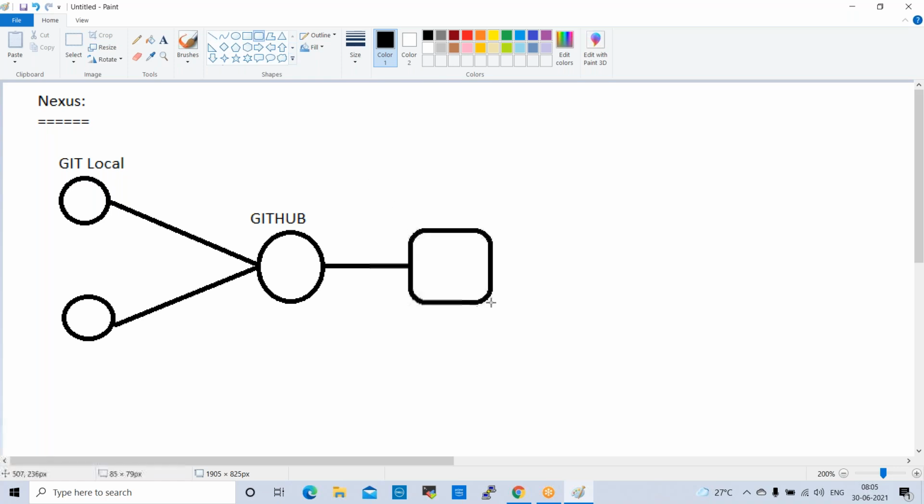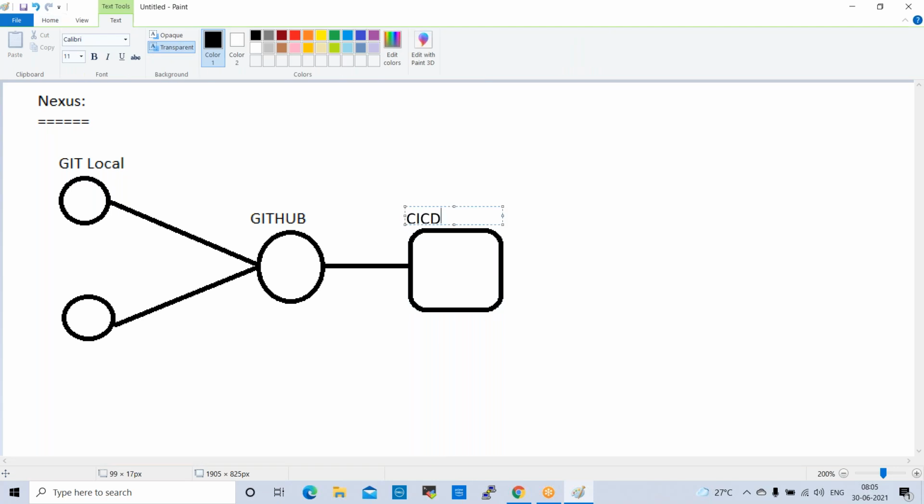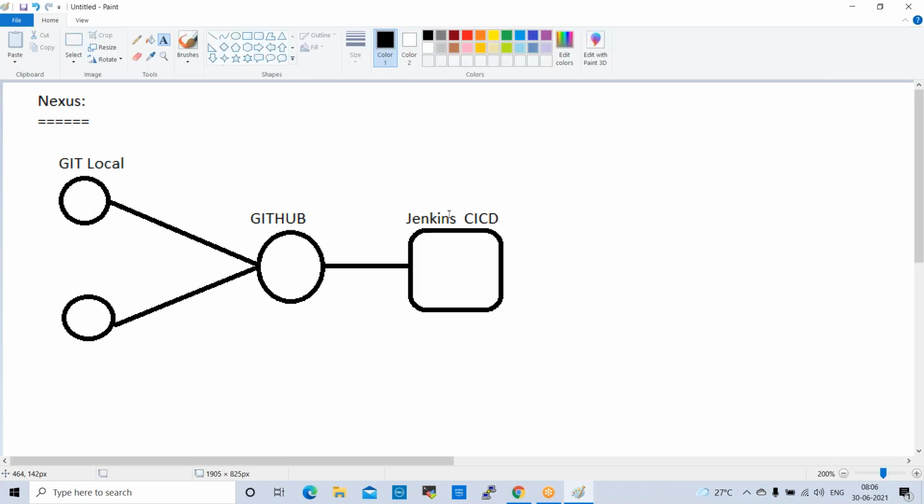So this is Jenkins. Under this we have Maven.